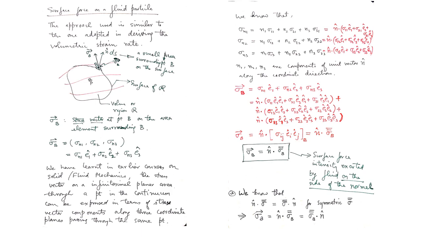Now the stress tensor can be written using indicial notation. Sigma ij, a second rank tensor as you know, can be written like this. So the summation over 9 values is now converted into a compact form using indicial notation. Those 9 values you can also write as sigma ij e cap i e cap j, where of course summation over i and j is implied. So the final expression is becoming very compact. It is simply n cap dot stress tensor at point B. So all this effort that we made is really paying some dividends now.